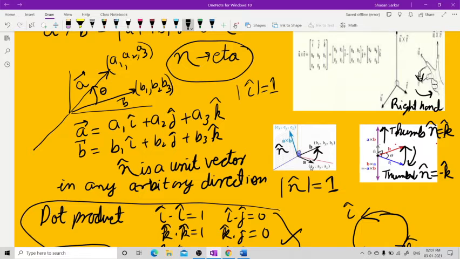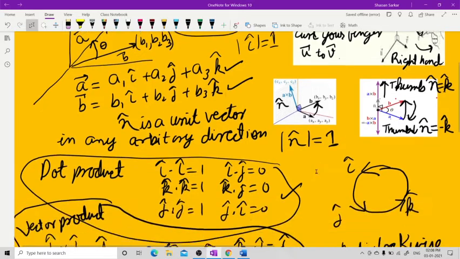Right hand. You curl your fingers. In this picture, it is from U to V, the U vector to the V vector, and the thumb is in the upward direction. Got it? So now A vector is already this, B vector is already this, and now we will use this